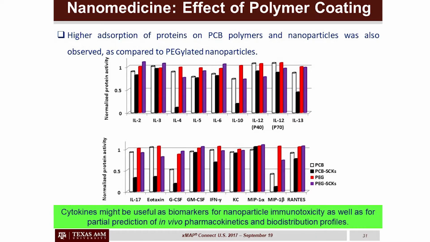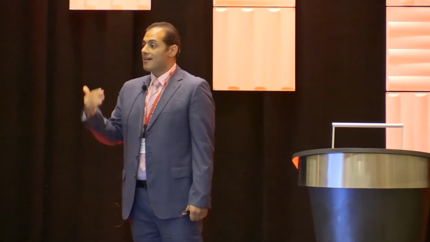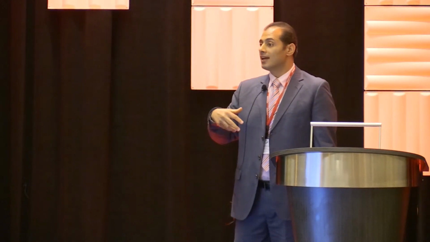So just to summarize from this study, I know it might be confusing because I don't have time to go to the details of the study. What I want to say here is when we tested the in vitro immunotoxicity, just how these nanoparticles are inducing the release of different cytokines, we found that the nanoparticles associated with release of a higher amount of cytokines in vitro have the same pattern in vivo. And they also absorb more proteins on their surfaces, which is associated with more opsonization in vivo, and then more clearance in the immune organ